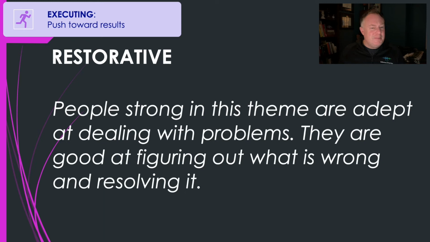So what kind of blind spots would you say? I think that blind spots would be some people with high restorative might have the tendency to jump in too quickly to solve a problem when really they need to collect a little more data, or they might jump into a problem and try to solve it themselves when really they should allow others to help come in and solve it. Maybe they should just take on more of a coaching role or point out some observations. It might not be their problem to solve. That could be a blind spot. If you're high restorative and you've ever done that, maybe that rings true.